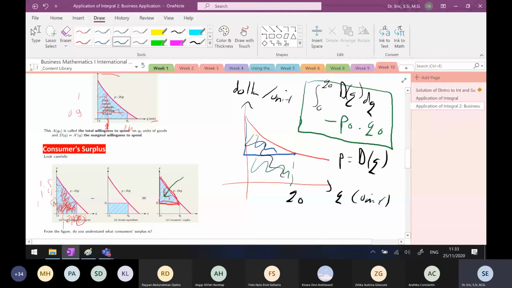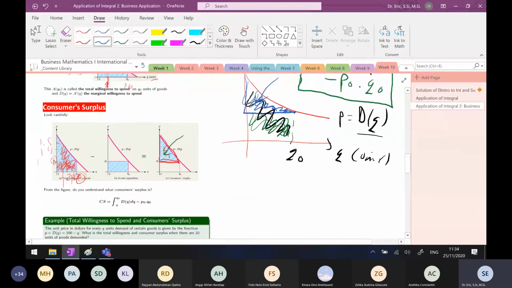You have the total amount of consumer willingness to spend. This one, integral from 0 to Q0 of the demand function. Don't forget, minus, kamu belinya berapa banyak at unit price berapa? Ya ini. So this is your surplus. Karena kamu membeli lebih banyak barang, jadi ini consumer surplusnya seolah-olah. Kalau kamu membeli lebih banyak barang kan lebih untung. Untungnya berapa? The profit is the consumer surplus. Oke ya? Oke, that's what we usually call the consumer surplus.